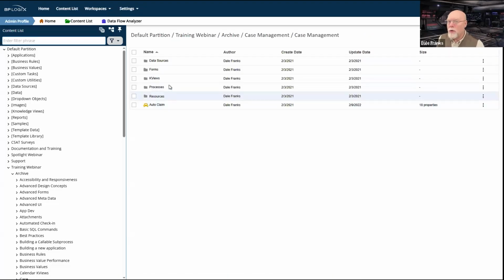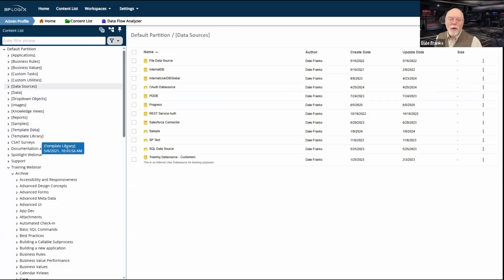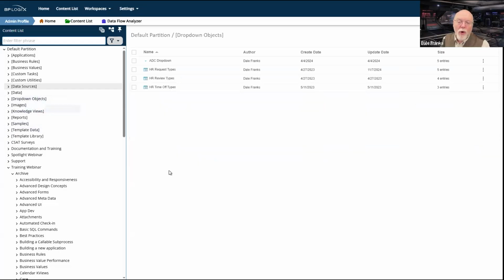Normally, you wouldn't do this. Normally, your data sources would appear in a data sources folder that is at the root of your Process Director partition. That's where most of my data sources are, the ones that I use on a regular basis for myself. They're all here. Similarly, I've got a drop-down objects folder.